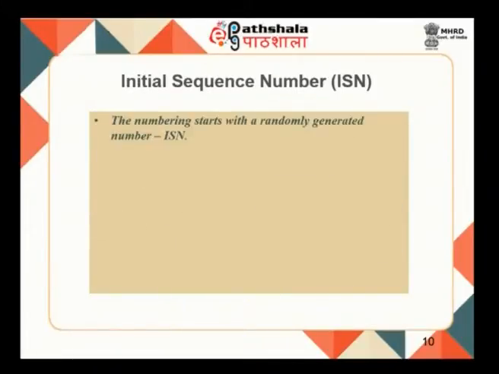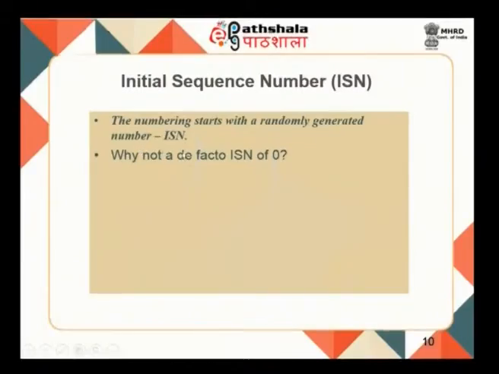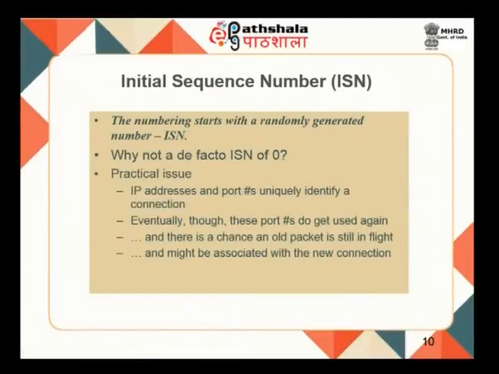Okay. Now, we just mentioned something called an initial sequence number. So, what is this initial sequence number? What actually happens in TCP is that when a connection is established and you start sending data, you do not normally start with the de facto sequence number of 0. Instead, you start with a randomly generated number, which is called the initial sequence number. Now, how will the other side know which sequence number I am starting with? That also is handled as part of the initial connection establishment. So, when you establish a connection, you will send this initial sequence number that you are expecting to start your